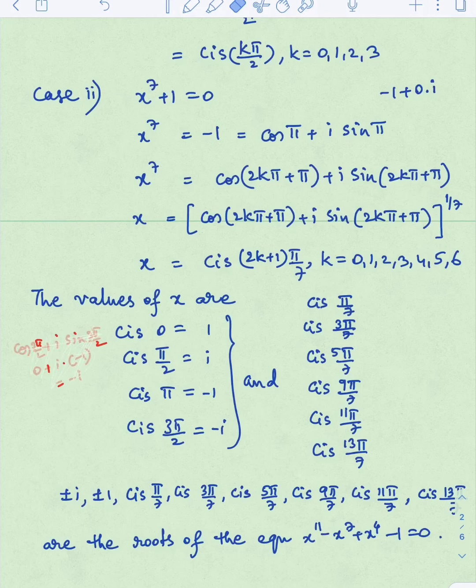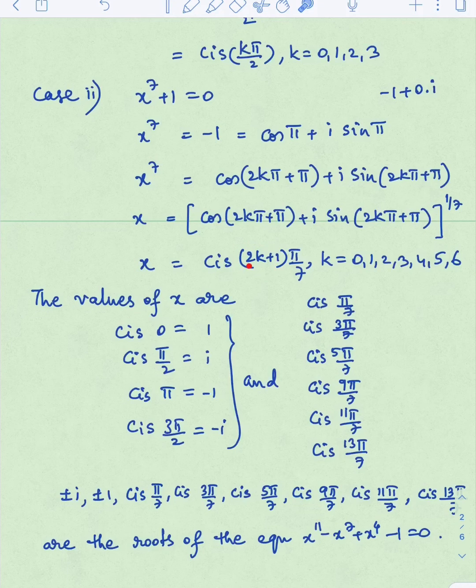So dear students, you should learn clearly, otherwise you get so many confusions. Next, come back to the next one, which is this one. These came from here itself. Put 0: 2 into 0 is 0, 0 plus 1 is 1, cis pi by 7. When you put 1 in it, 2 ones are 2, 2 plus 1 is 3. So 3 pi by 7.